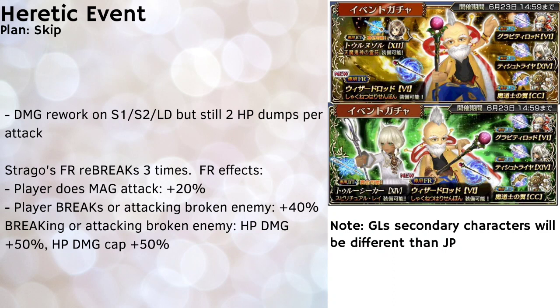In Strago's Force time, you have the Force conditionals where if you do a magic attack you get plus 20%, and if you break or if you're attacking an already broken enemy you get plus 40%. As long as the enemy is not immune to breaks, most of the time you are more or less guaranteed the plus 60%. Obviously you do need to build a little bit around his Force conditional because it does require magical attacks, but it shouldn't be that hard building a magical based party focusing on Strago as the main DPS